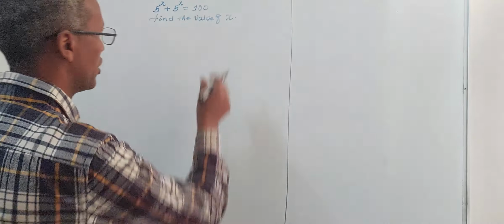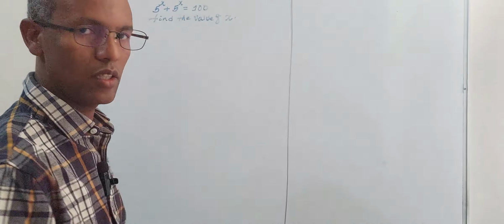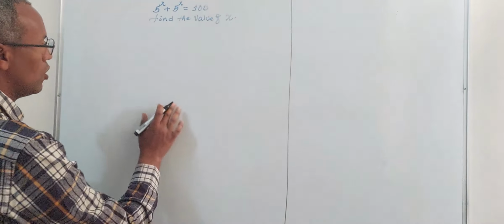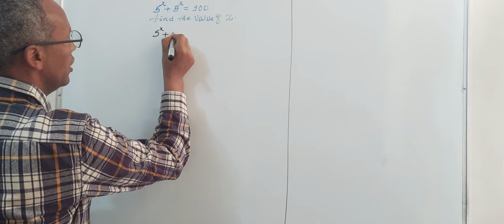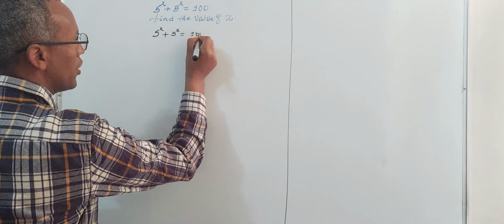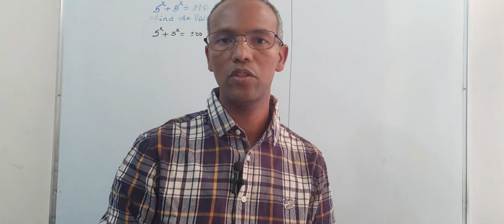So let's try to find out the value of x. The given equation, like I said, is 5 to the power of x plus 5 to the power of x is equal to 100, right? So to find out the value of x, what you can do is